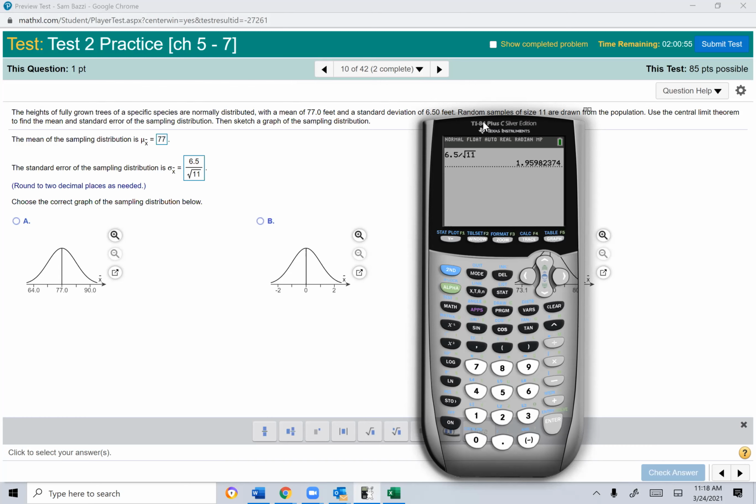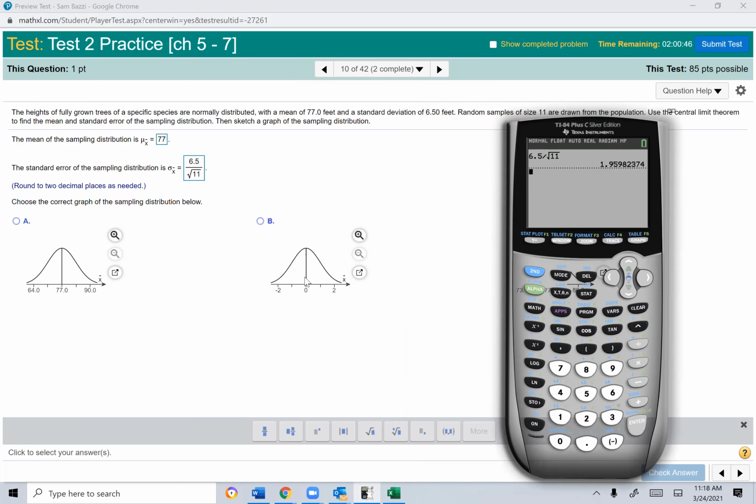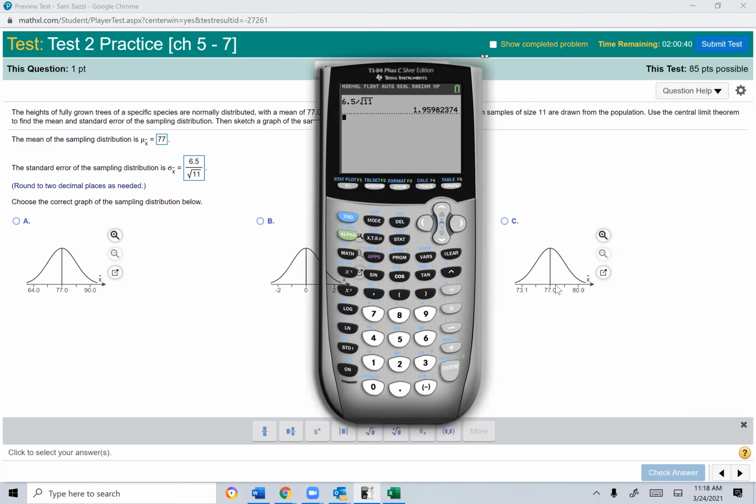So we need to choose a graph that has a mean of 77 and a standard deviation of about 1.96, about 2. Well, it can't be B, guys, because it starts with zeros. It could be C, it could be A, 77, but look at this one also, 77. The standard deviation, guys, is 2. You know the curve can go 3 standard deviations to the right and 3 standard deviations to the left. So if you do 77 and add 2 should take you to about